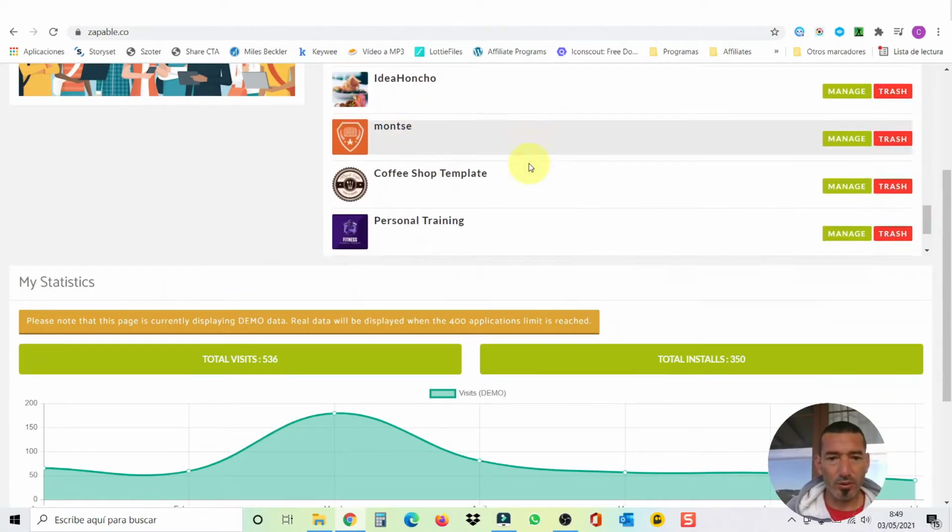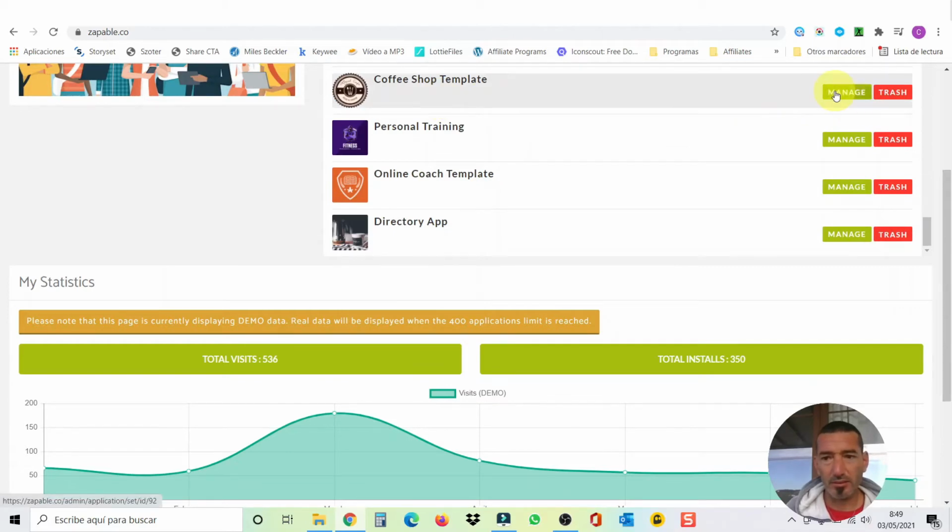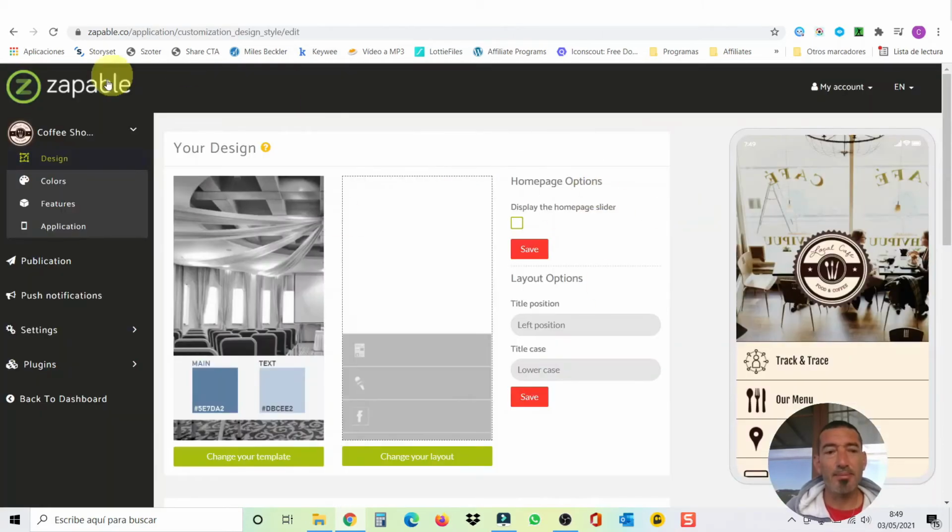Let's say, for example, we go to the coffee shop template. We can click on manage, and this is the builder, okay? Like I said, I'm not going to show you everything because this has too many features. You have to go through all the tutorials. Actually, there's still a lot of features I need to learn. Okay, but I wanted to give you a walk through the member service so you can have an idea of